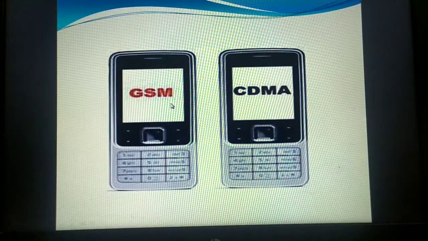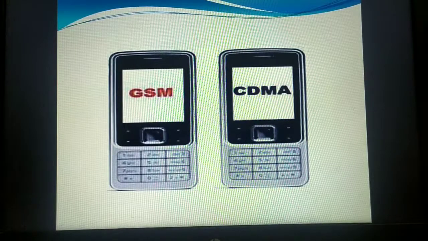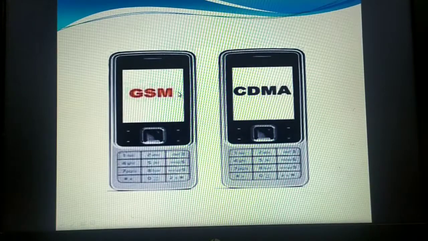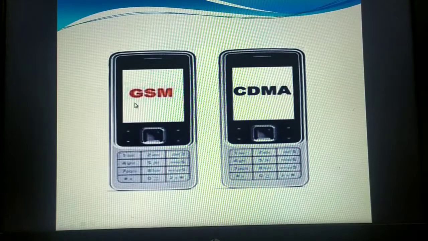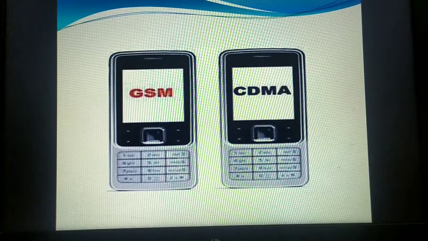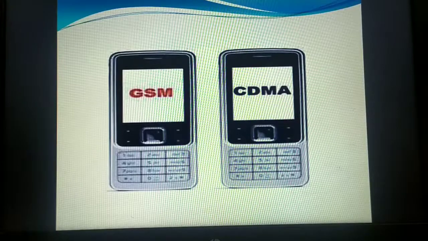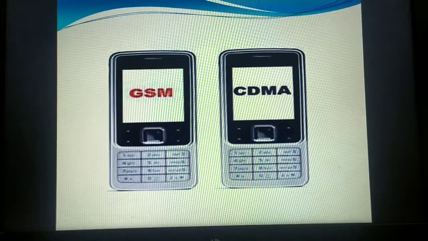Whereas in GSM, we have also studied that it is using TDMA, that is time division multiple access technology, where the frequency was assigned to each specific user. That means if the frequency is about 200 kilohertz, that 200 kilohertz was divided into 8 time slots, so that only 8 users can access the frequency. And how was each user getting the data? 200 divided by 8, that means each user was getting around 25 hertz of data. Within that 25 hertz each user was sending the data.